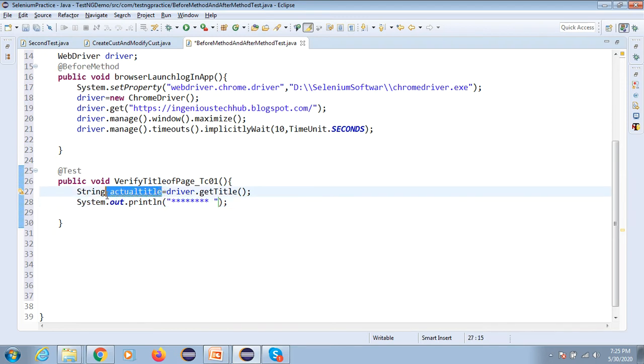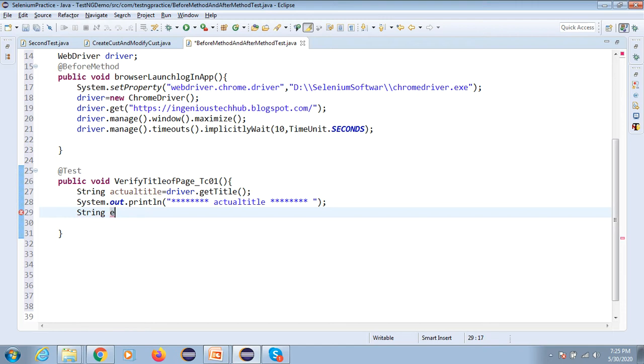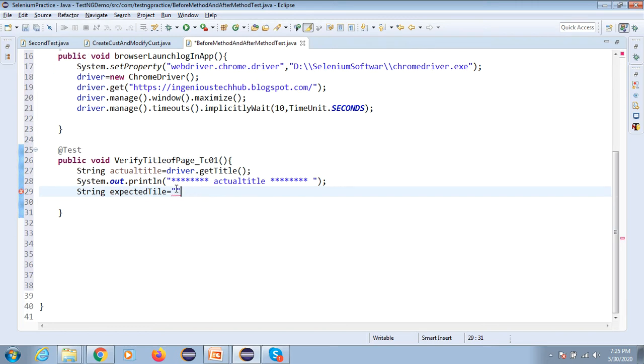Real time is nothing but how you can make your framework reusable and more productive. That is what you have to think. If you join any company with a framework, definitely you will be able to understand this. They are not doing any R&D, but we are learning. Expected title. If you are practicing properly, definitely you will be able to get the job and work in the company.